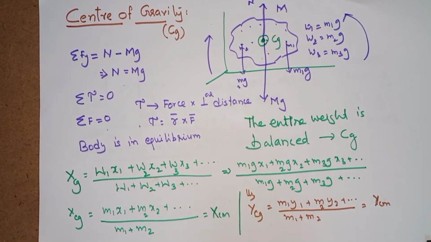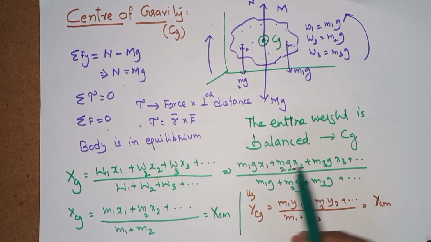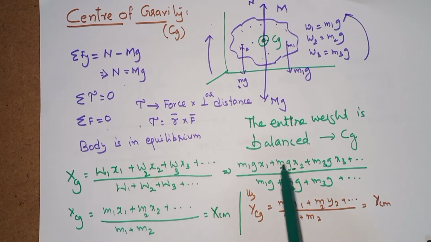Generally we do the experiments on the earth surface. On the earth surface, the g value is not altered, which is why I have not taken g1, g2, g3. If you measure on another planet, the g value can vary. But for experiments conducted on the earth surface, the g value cannot be altered, so the g in the denominator and numerator gets cancelled, which gives the coordinates of center of mass. We obtained it.